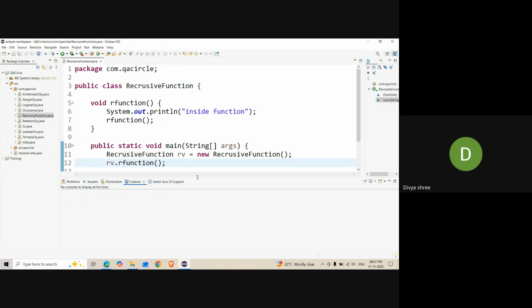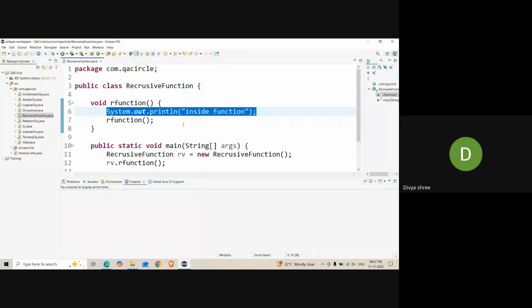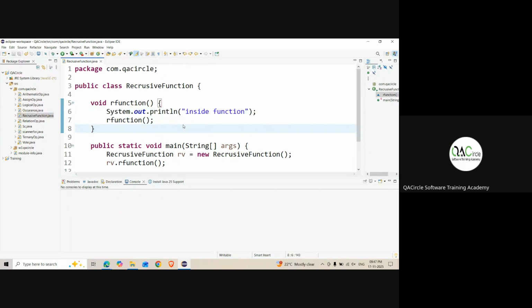I think the same as what Dharni said. It will first print inside function, then again it will repeat. Recursion in the sense of repetition, right? Recursive function is a function calling itself. So if I just run this,